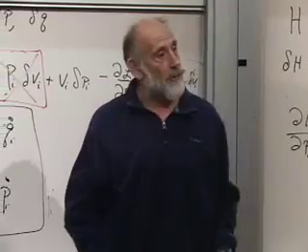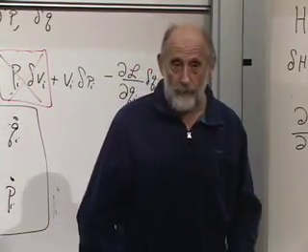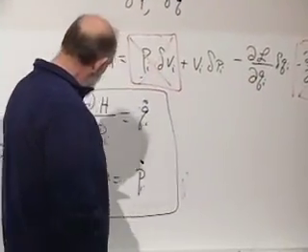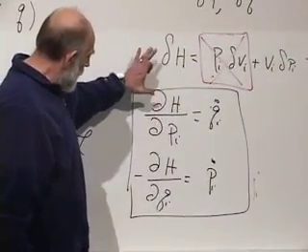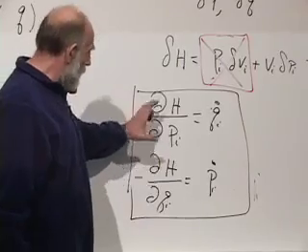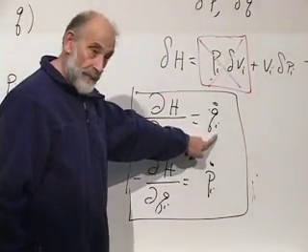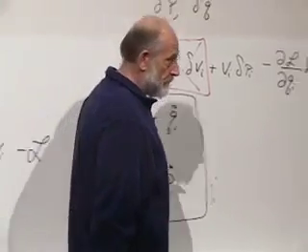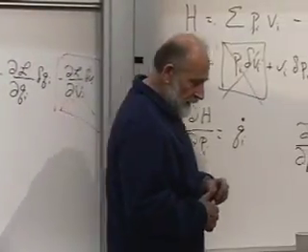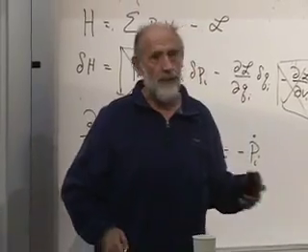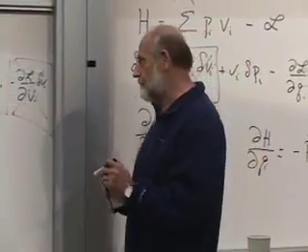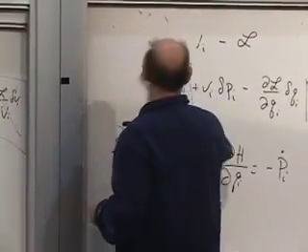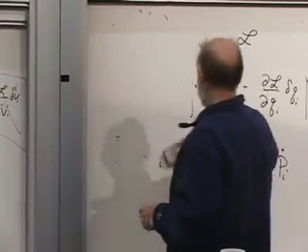Every p has a partner called q, every q has a partner called p. They come in pairs, and the Hamilton equations are two for each i, a pair of equations for each i. Let's do it, just for simplicity, for F equals ma. Let's just check that it really is correct. For F equals ma,